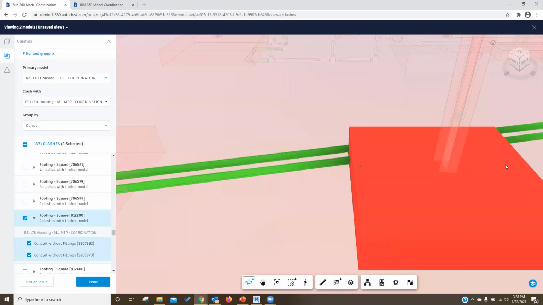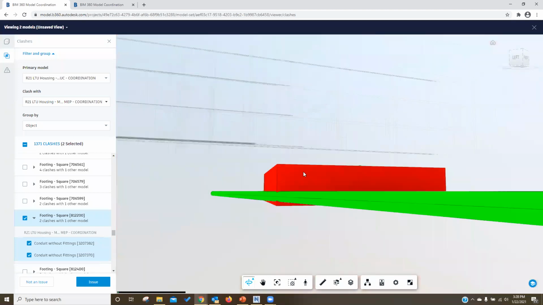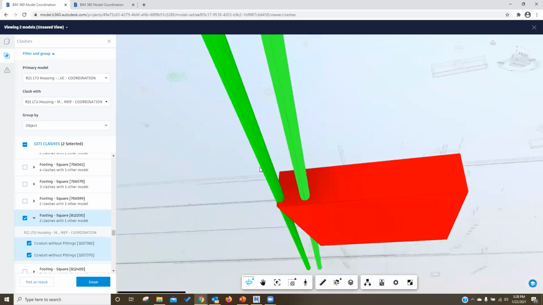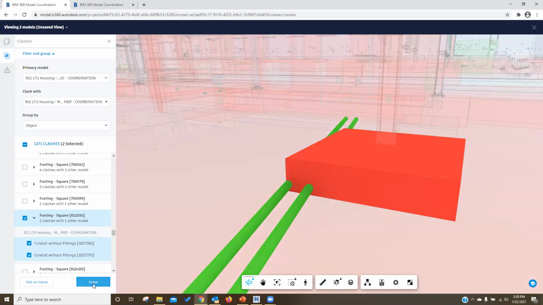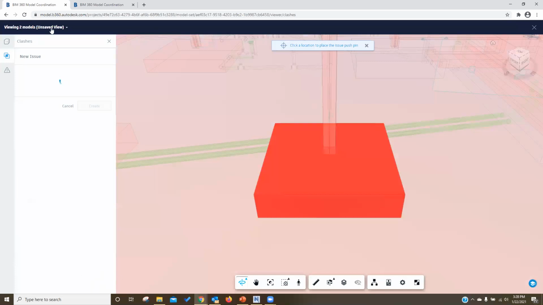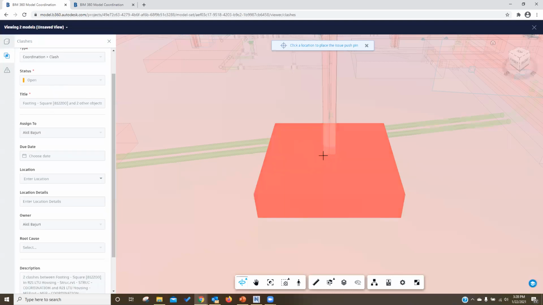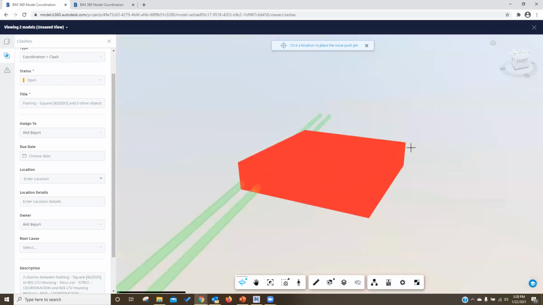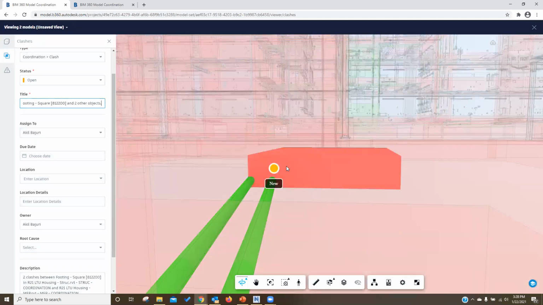Okay, and for instance, this is clearly a clash that we have to avoid. So if you feel that this needs to be repaired, then you can have it recorded as an issue. Click Issue down there, and then you can define this issue as a coordination clash. First of all, you have to define the issue point here. Say that I'm picking the point from this view. Then define the status as open. You can change the title number. You can assign it to persons.